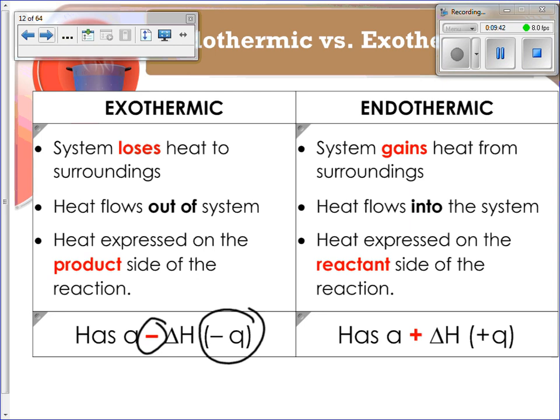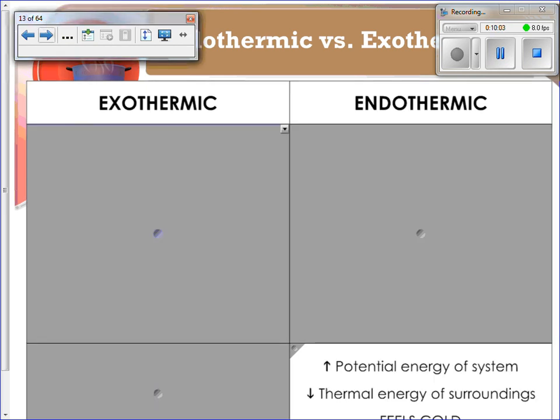That should be familiar. If you have something that's endothermic, the system is going to gain heat from the surroundings. The heat's going to flow into the system, and the heat's going to be expressed as a reactant on the left-hand side of the reaction. It's going to have a positive change in H, and therefore a positive Q value for heat. If we look at that visually,